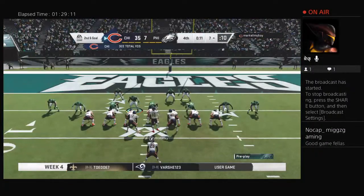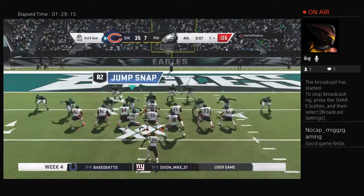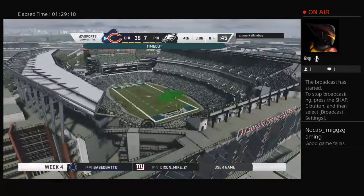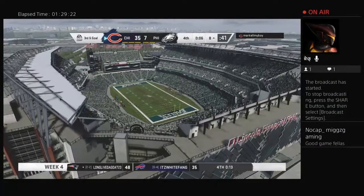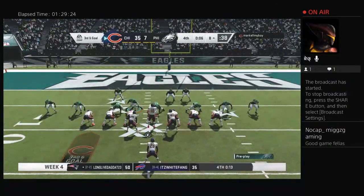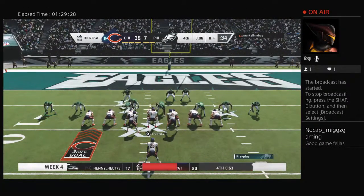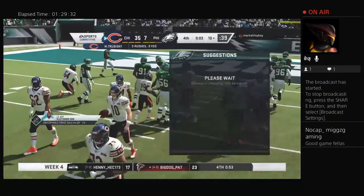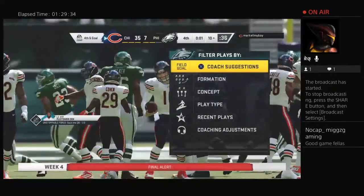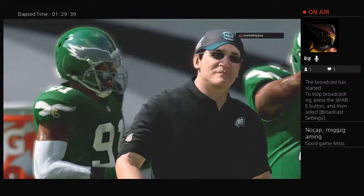Now from the 7, here's second and goal. And they take a knee. So now with 6 seconds remaining, we get a timeout on the field. And now can they reverse the trend on third and goal with the last 2 plays having gone backwards? And they will take a knee here. So this one in the win column for the Chicago Bears. And you've got